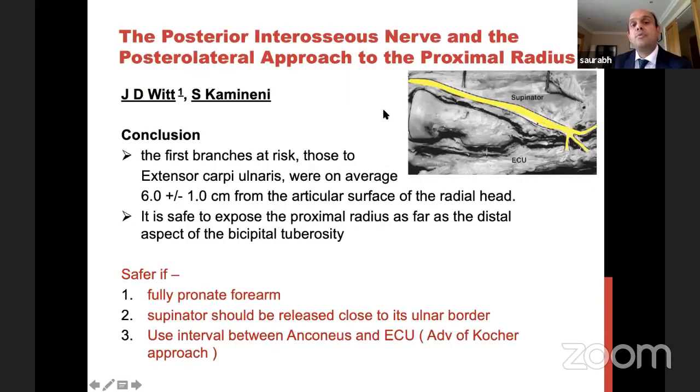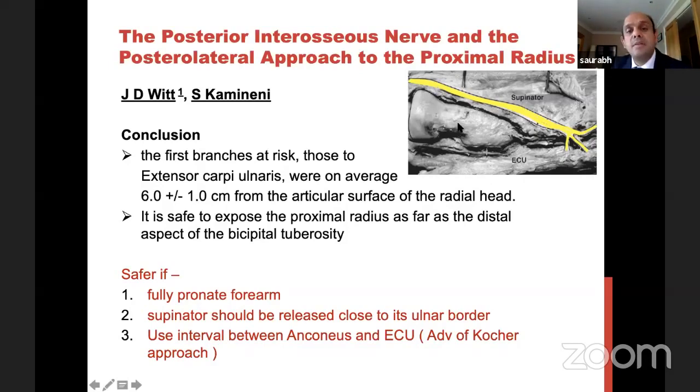Finally, with the lateral approach, your posterior interosseous nerve anatomy. So we know it comes from the front, it pierces supinator, and then it comes out at the back and supplies all the extensor muscles. Now, the important thing here is, if you decide to put a long plate on the radial head and neck, or if this area was completely smashed up and you decide to put a long radial head replacement, then it's very important to know where the pin is. So two things here.